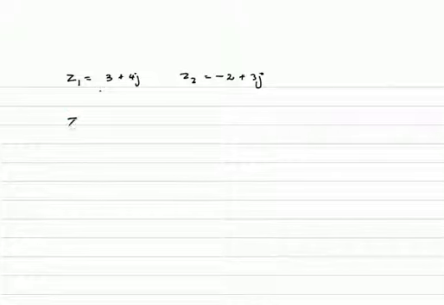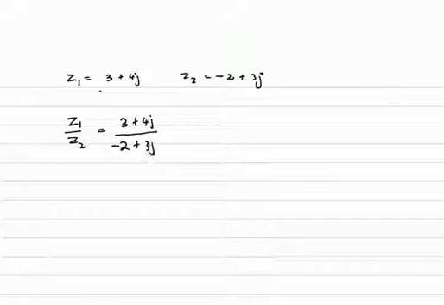Let's say now Z1 is equal to 3 plus 4j, and Z2 is equal to minus 2 plus 3j, as we had before. So in the case of division, let's say we're dividing Z1 divided by Z2. So basically we're going to have (3 + 4j) over (-2 + 3j). In this case, there's another concept we need to remember from Maths 1 about complex numbers. And basically this is linked to